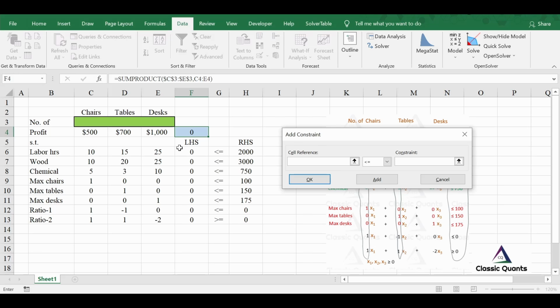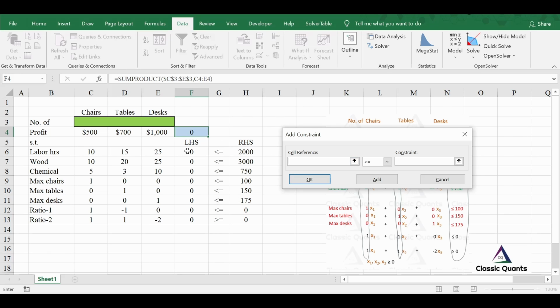Now see, I told you to write one type of constraint together, all less than equal to together, all greater than equal to together, then all equal to type constraints together. The benefit of doing that is you can make the entry altogether, like see here, all less than equal to constraints are together.